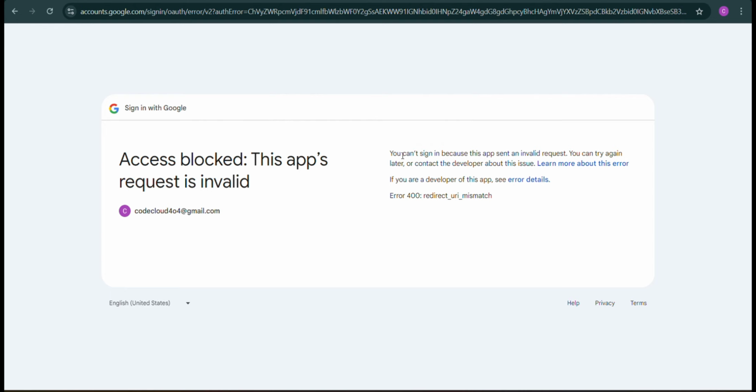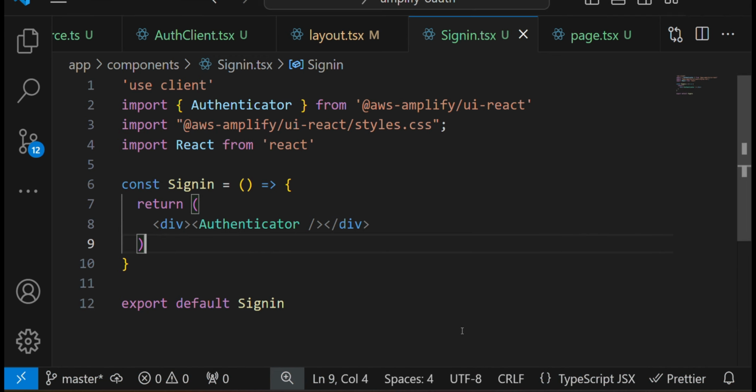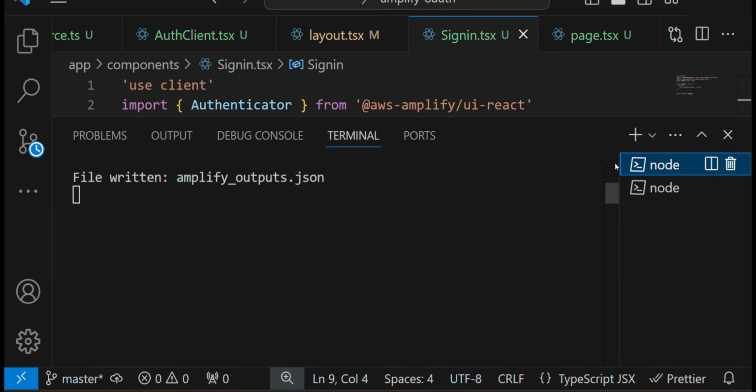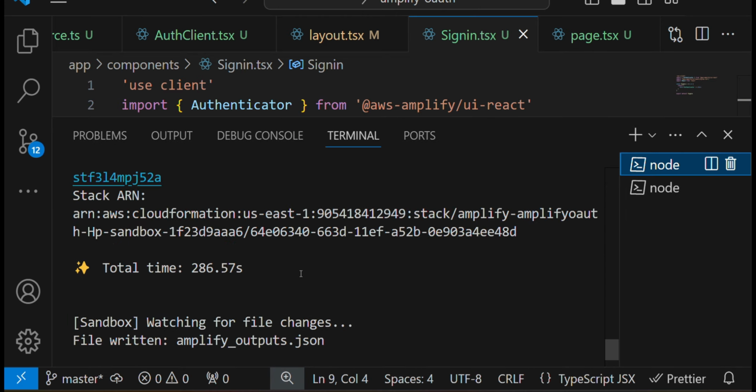Now here you can see we got the error and it is not allowing us to sign in. This is because if you remember, we didn't enter the callbacks URL when we were creating the credentials on Google account. So now we need to enter the callbacks URL that we are getting from the Cognito. So to see our callbacks URL, let's open the terminal here, and if you go back to the sandbox terminal,